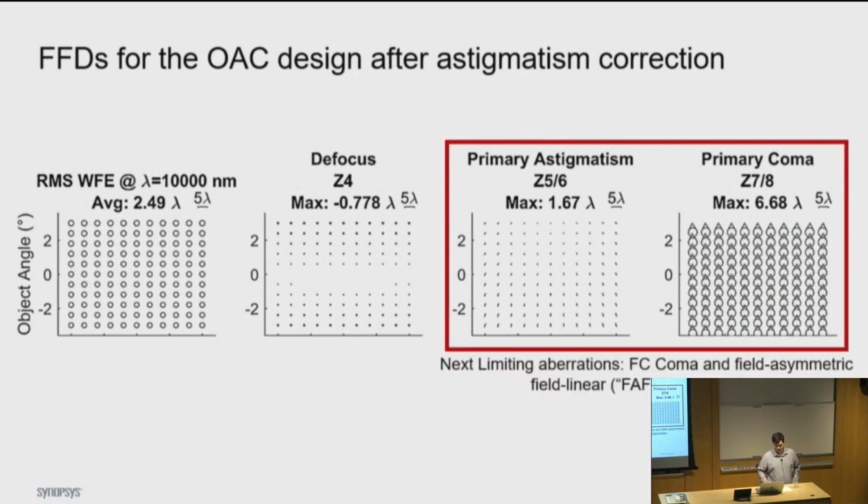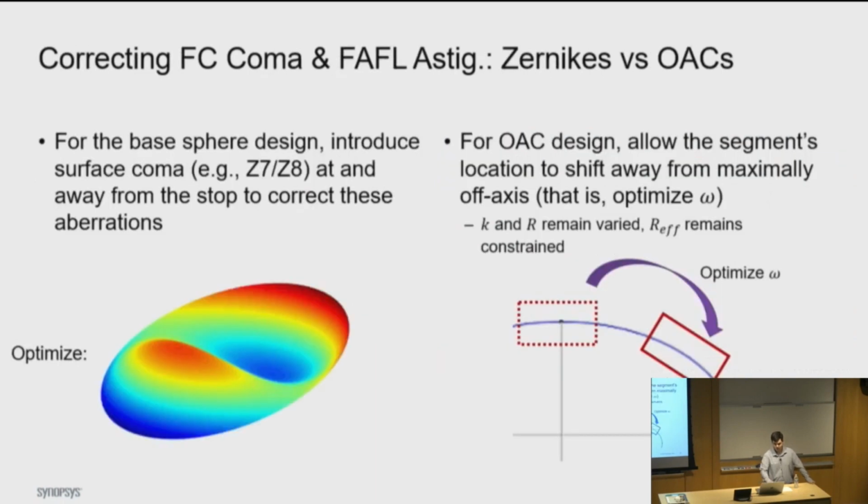So this is going to be our limiting aberration, and we want to introduce variables to clean that up. So what do we do? Well, for the baseline design, the one with the base sphere, we're going to be introducing Zernike coma terms at and away from the stop in order to correct these aberrations. While on the right-hand side, for the off-axis conic design, we are now going to release our use to use